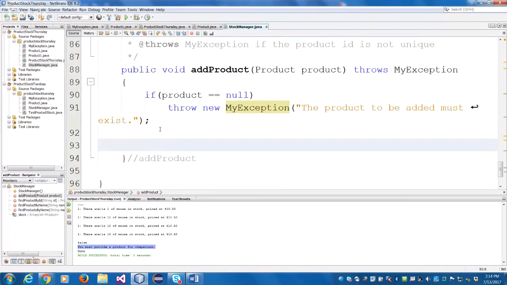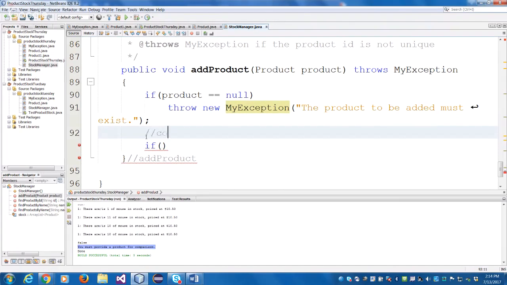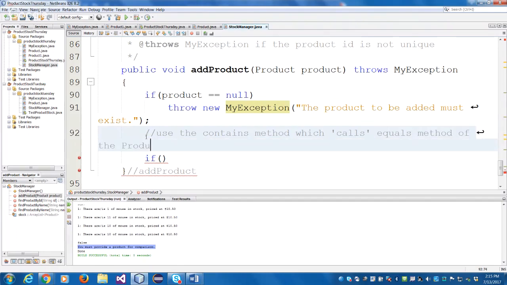I want to say, does your list contain it? So I'm going to use the contains method. And you have to remember it uses the equals method by default. You can say calls, or you can say whatever. And this is no magic. This is how it works. So if you go to